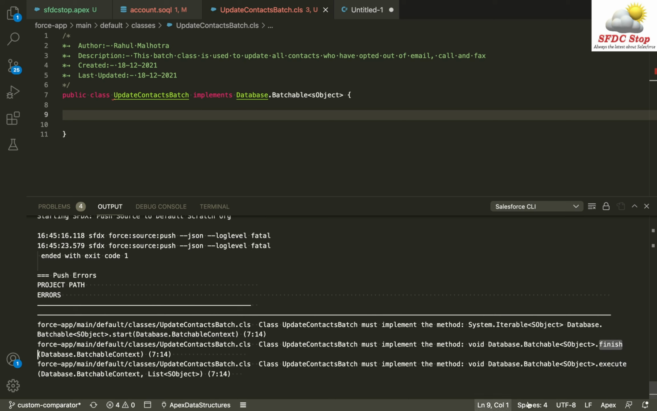These are the 3 methods that we need to implement. So let's see one by one how we can implement these. The first method that we need to implement is the start method. So let's implement that. So I'm going to do public